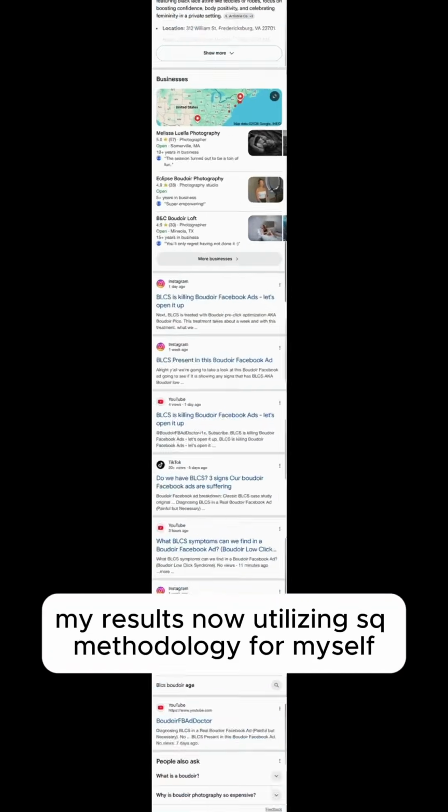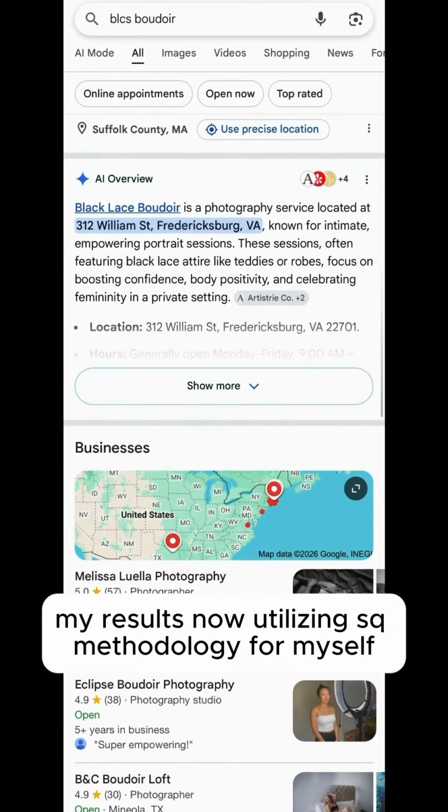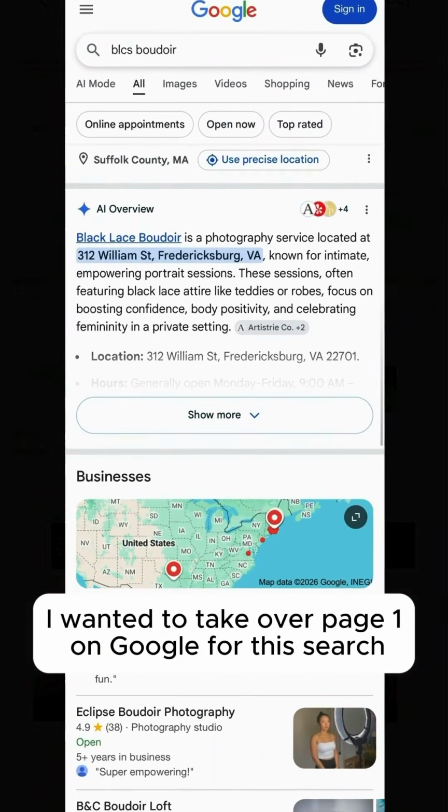All right, my results now utilizing S-cubed methodology. For myself, I wanted to take over page 1 on Google for this